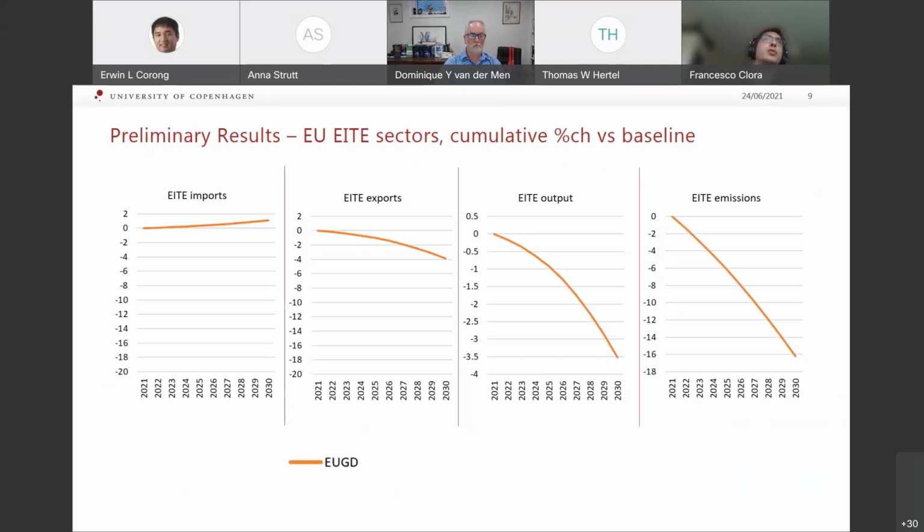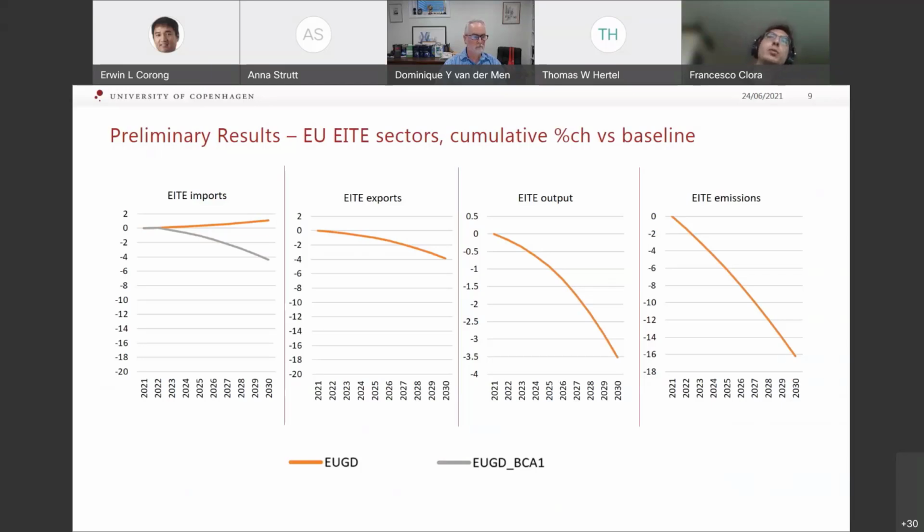And the aggregate carbon leakage for the 4 IT sectors is 85%. The implementation of a WTO compatible, the first border carbon adjustment, affects IT imports directly,